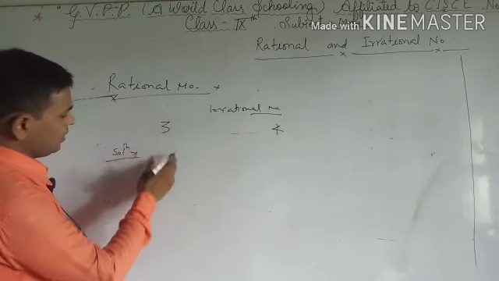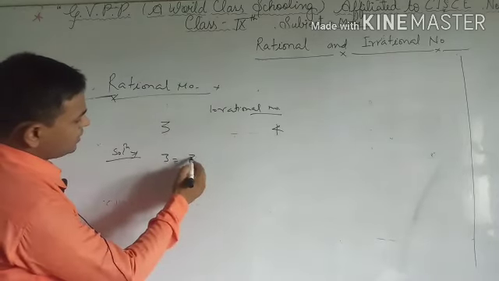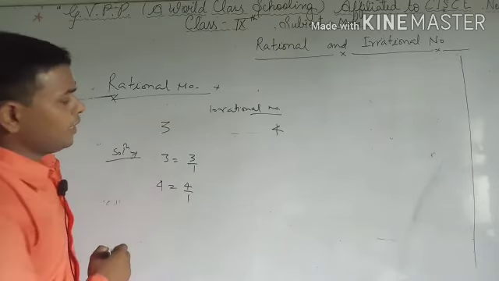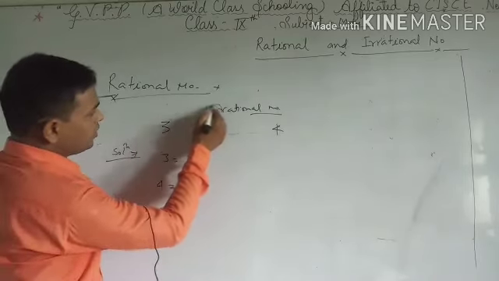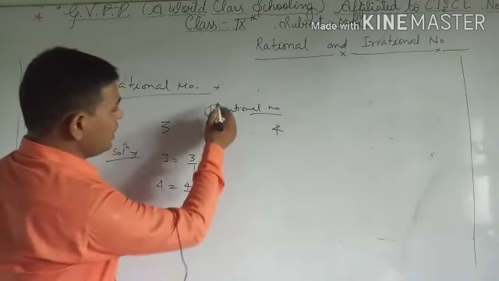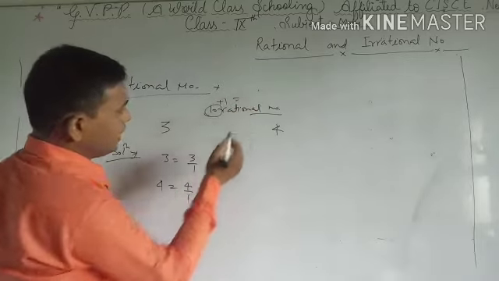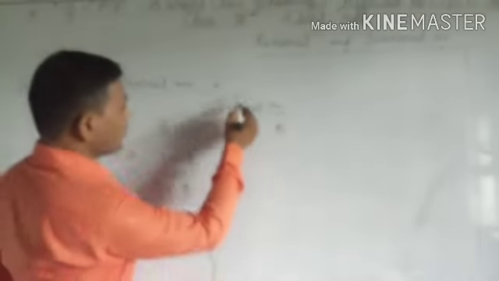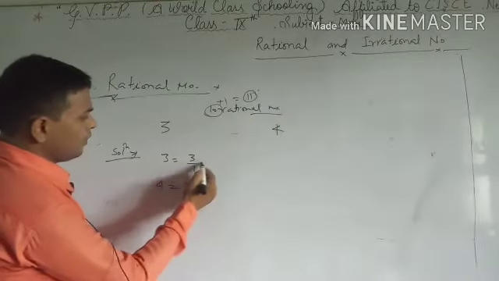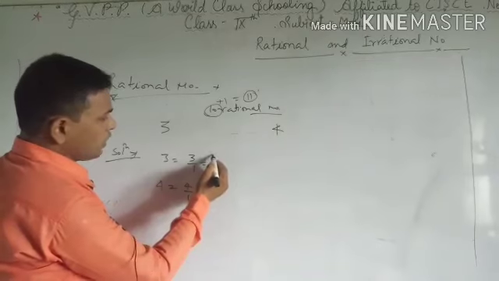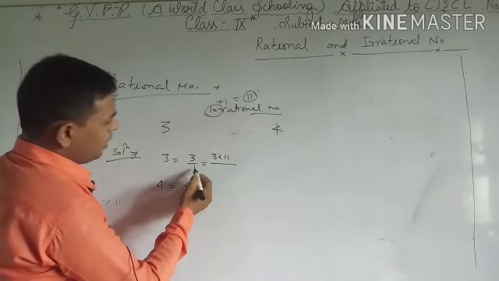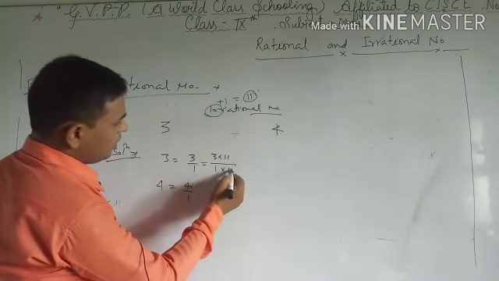Students, you are seeing that this is 3. You can write this as 3 upon 1. Now this is 4. You can write this as 4 upon 1. And students, you are seeing that you have to insert 10 rational numbers. So what do you have to do? You have to increase this by 1. That means if you have to find 10 rational numbers, you add 1 to the 10, that is 11. Now multiply by 11 here. So it will be 3 multiplied by 11, and here it will be 1 multiplied by 11.